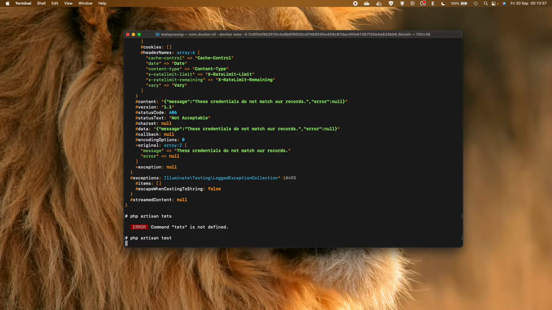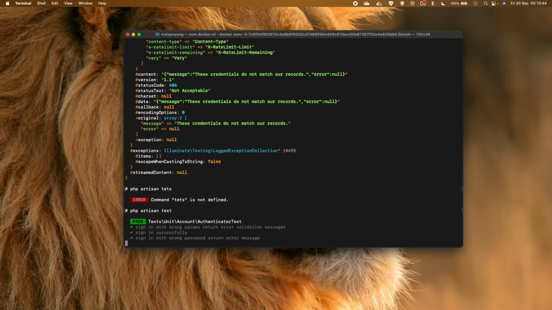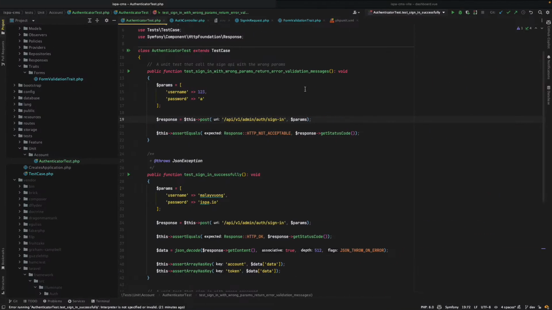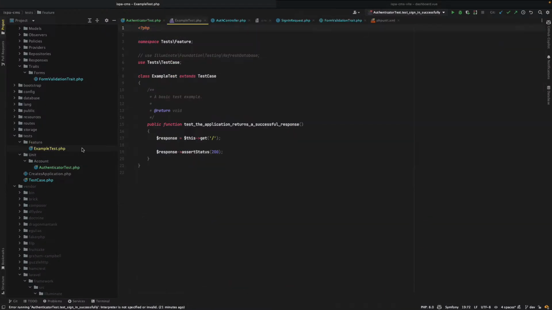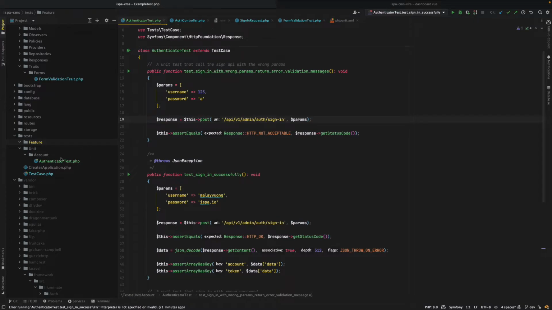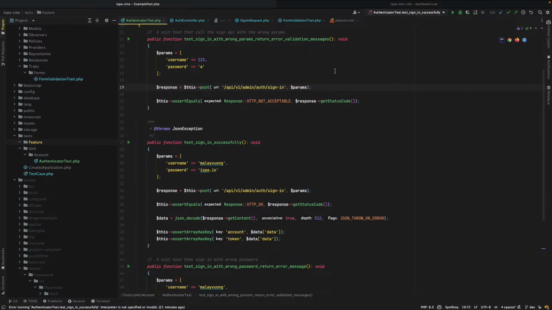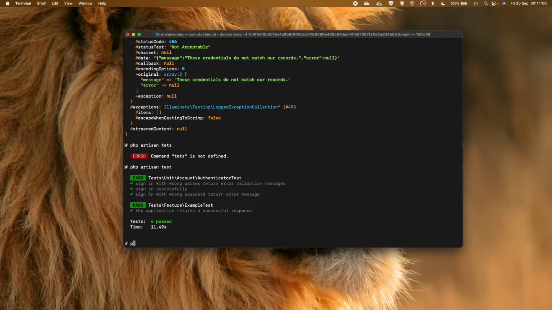Sorry, because my bad attitude. There it is. It's working. Test feature with the sample test here. No, we don't need the test feature. Okay, we have the pass again, and now we try to test